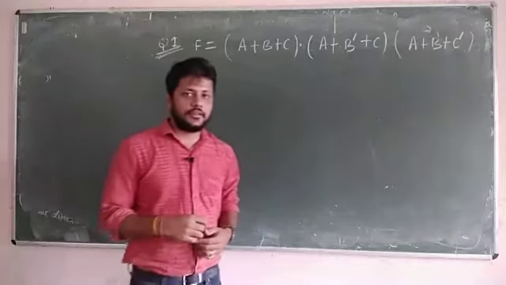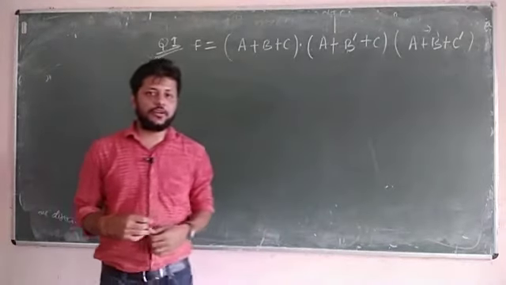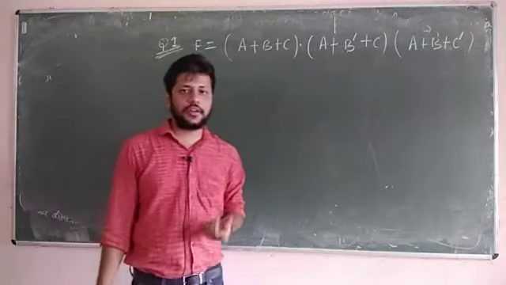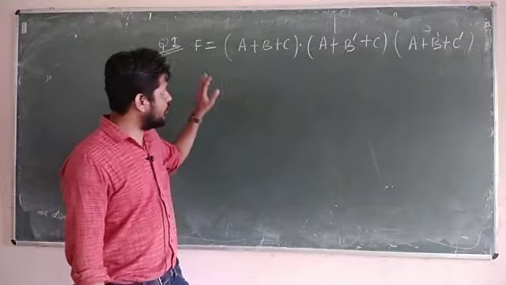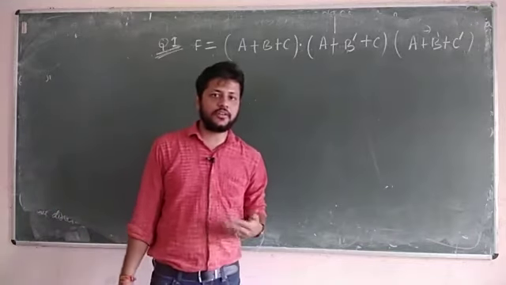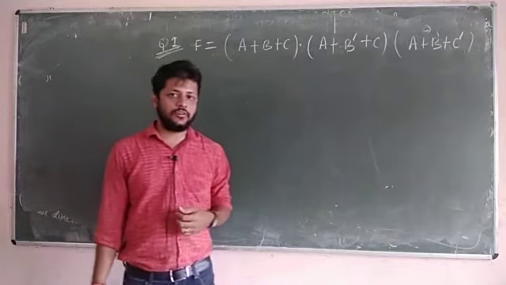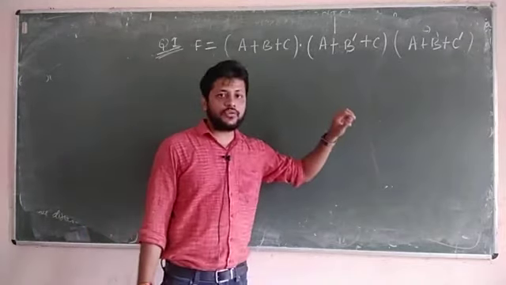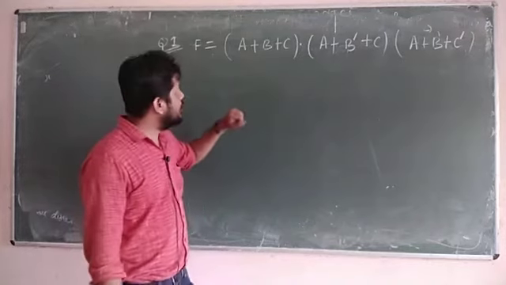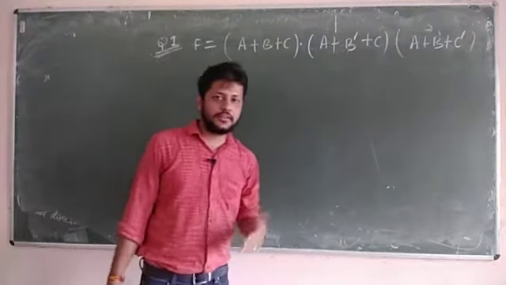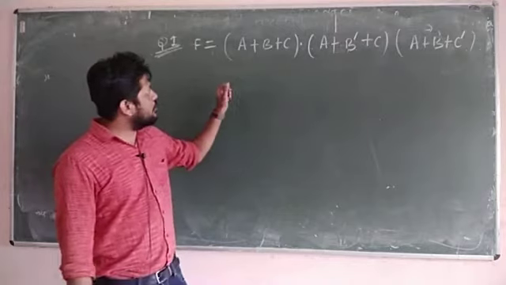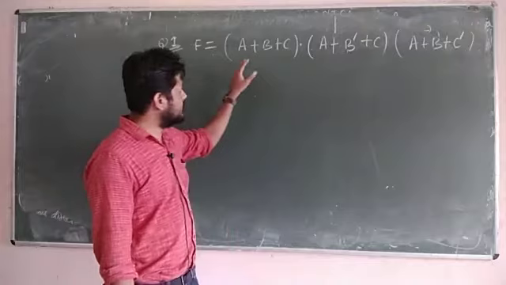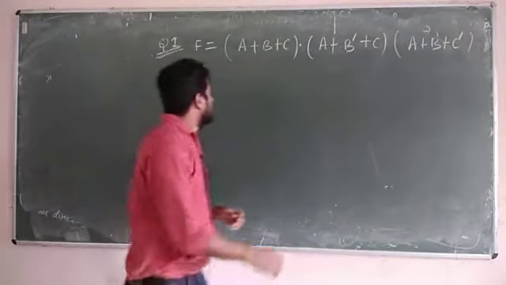Hello students, in the last class in digital electronics we have studied about the AND gate, OR gate, NOT gate, and then I summarized all the laws we have studied, that is commutative law, associative law and distributive law. And at the end of the class I gave you two questions on simplification of Boolean algebra. You might have tried this question at your home. Now I am going to solve how to solve this type of question if at all they ask you in examination.